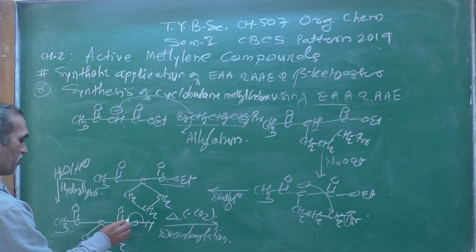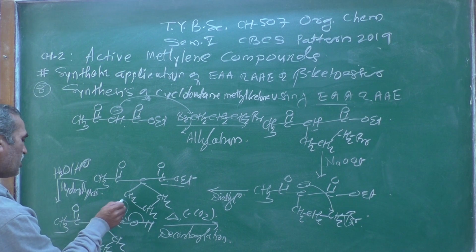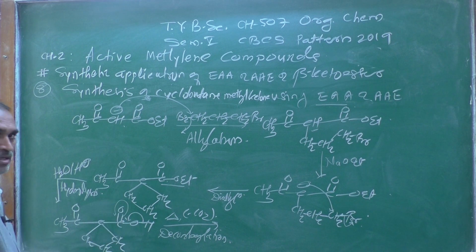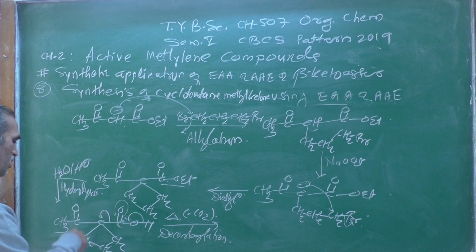How does decarboxylation take place over here? This sigma bond forms a double bond over there, this double bond is retained, and then this bond is breaking